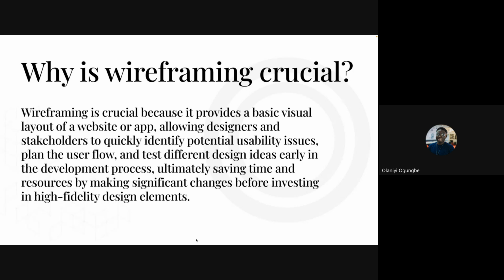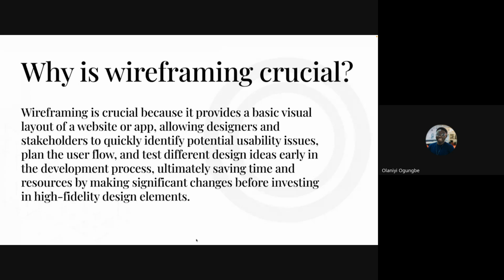First and foremost, it gives us the basis of what our design solution or application will look like. That's number one. Number two, we would be able to identify any usability issues. If the feature you're trying to build is going to be easy to use or not, you can determine that while doing the wireframing.